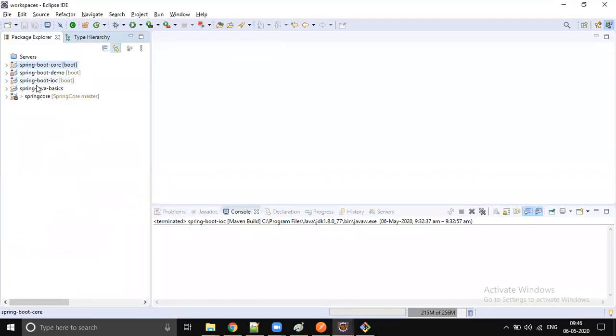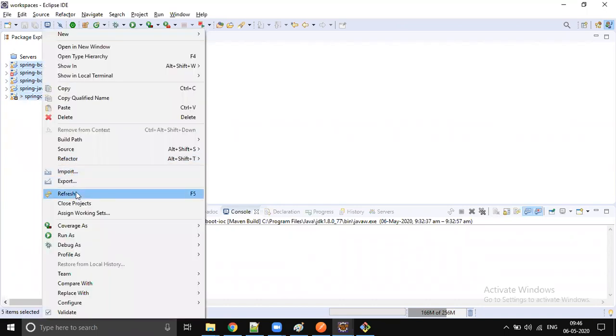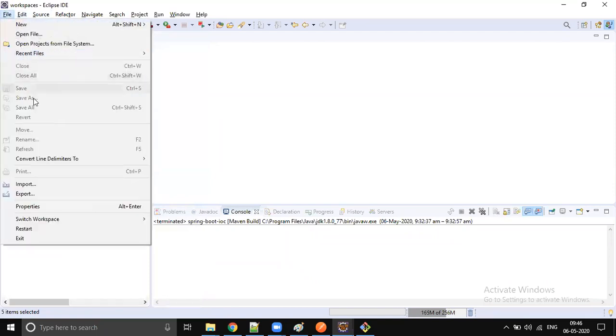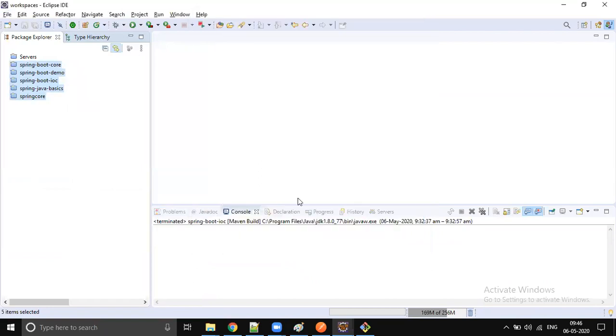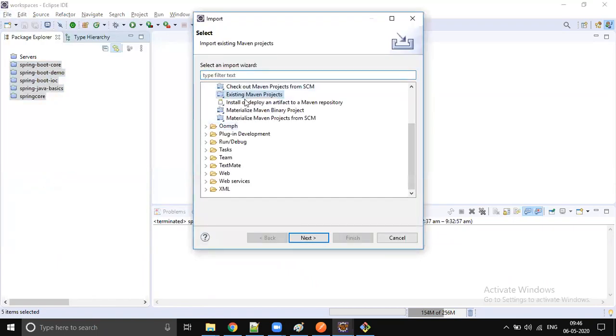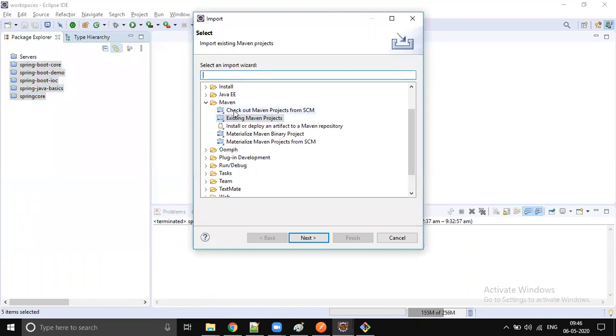I already wrote all these examples. I'll close all these projects and import the properties project. If you want to import an existing Maven project into Eclipse, go to File, click Import, type Maven, choose Existing Maven Projects, and click Next.